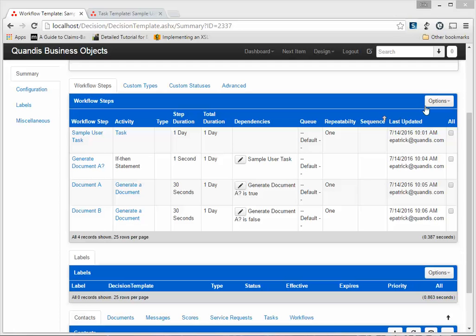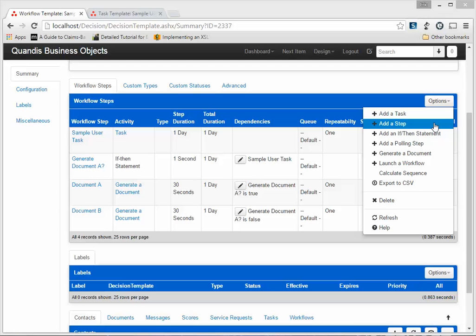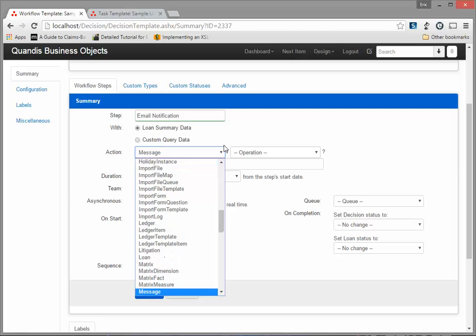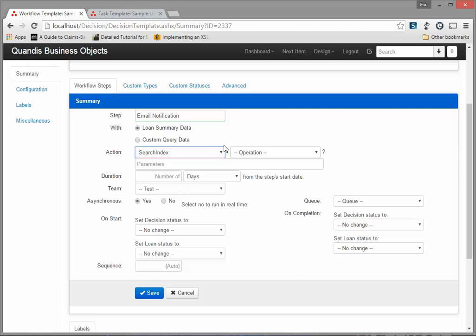To generate an email from the system, we're going to come in and click on Add a Step. The step will be called Email Notification, and we will use the message module to do this. The message module includes a send operation, and we will simply say, email it to my boss. The subject will be loan sample document generated, and we expect this to happen within 1 minute from the test